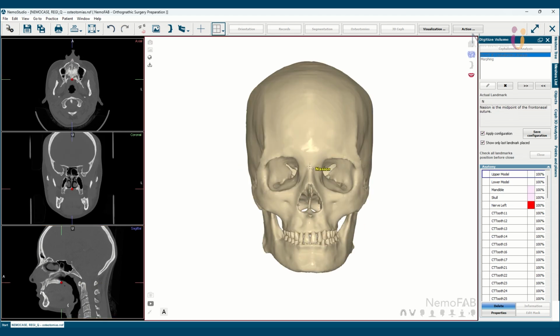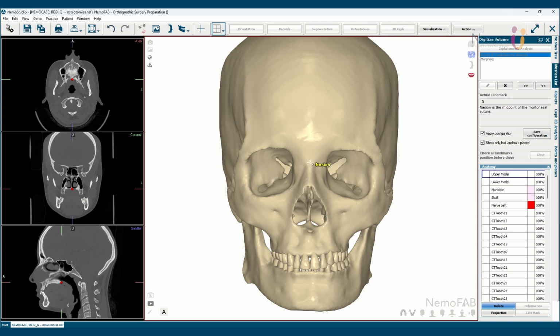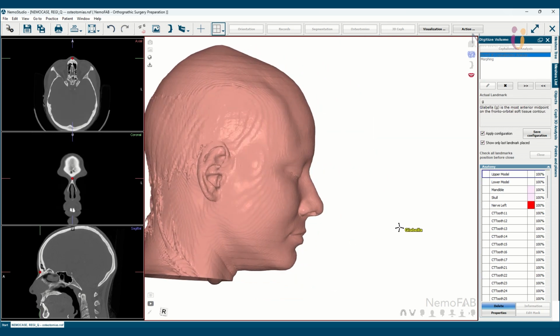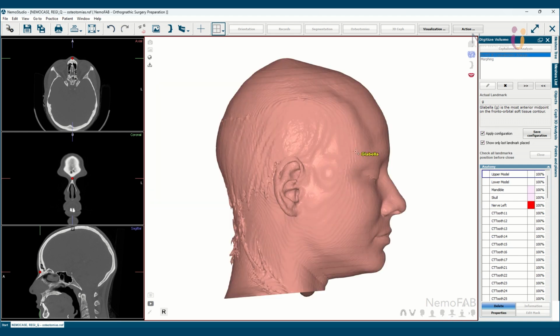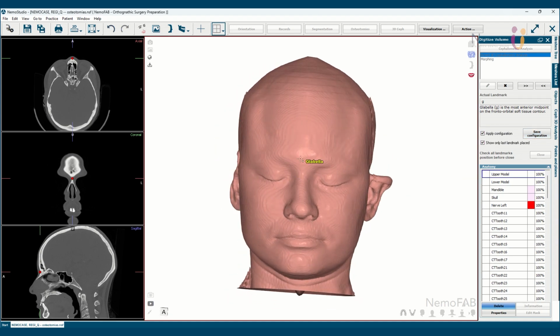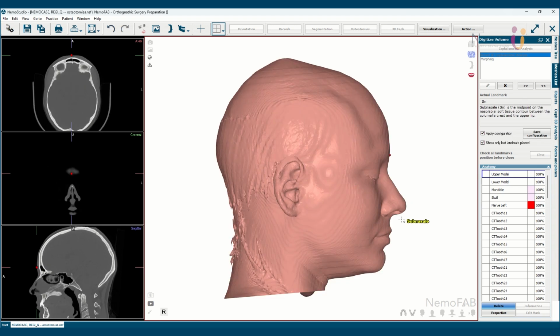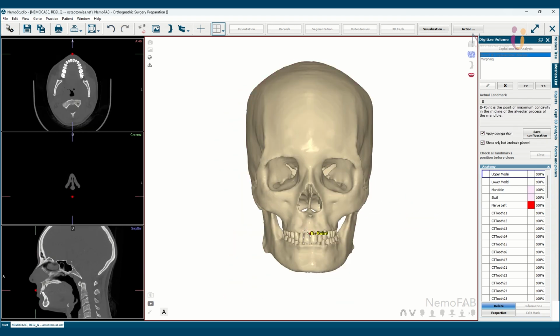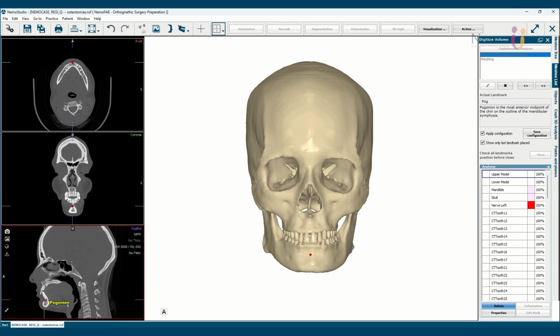This is the nasion. I can also change this configuration. If, for example, I want to place the glabella in this view, I can also place the positioning of the patient in this view and just take the point and save this configuration for later. So this glabella, this the subnasal point, this the upper lip anterior, the B point I can trace directly from 2D, the pogonion also,